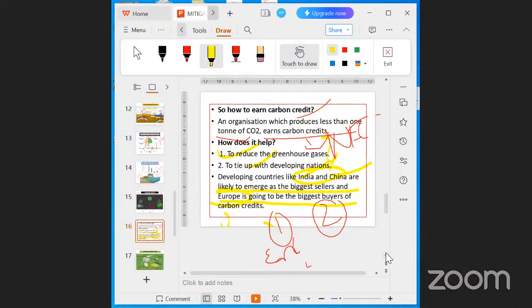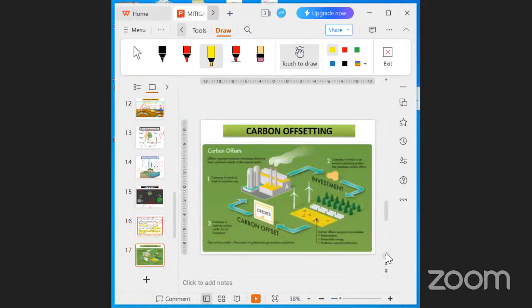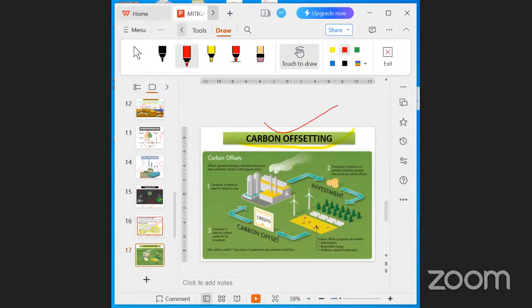And next one, we are going to the third one. That is carbon offsetting, right? Carbon offsetting. So all these are similar topics, right? So carbon credit, carbon sequestration and carbon offsetting. So these are all similar topics, so you should know the minor details in between them. Okay, minor details only. So carbon offsettings are credit given for reduction of greenhouse gases by shifting to renewable energy